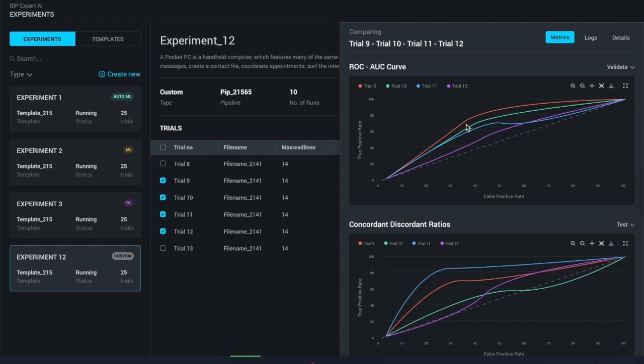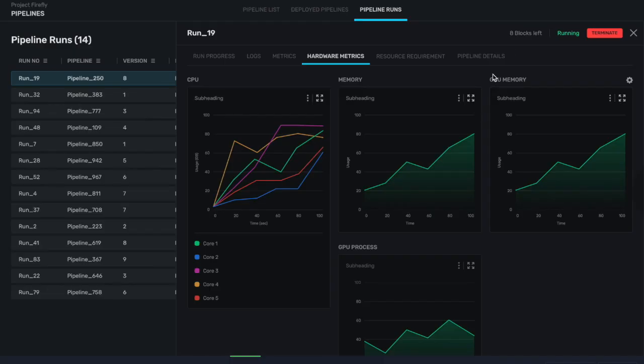At the same time, if you are worried about governance and you want to keep a close tab on all the models built and pipelines executed and the metrics and logs, RazorThink AI OS backs up the entire metrics, logs, model weights and biases through its model lifecycle manager and version control pieces, and it will allow the data science as well as the audit teams to retrieve any information at any given point of time.